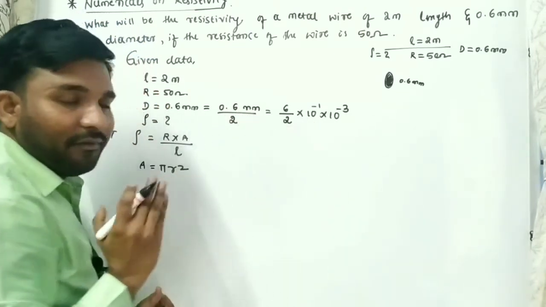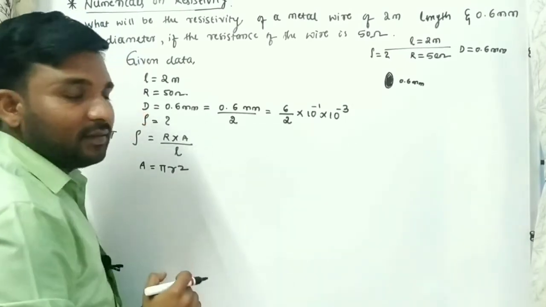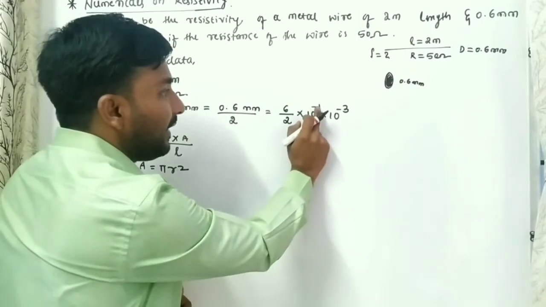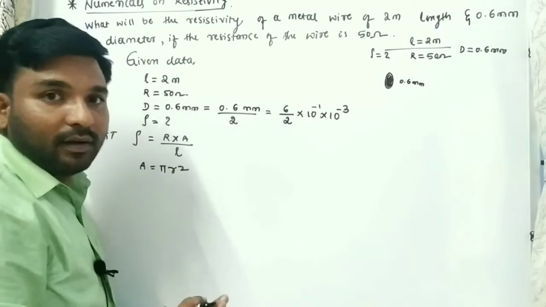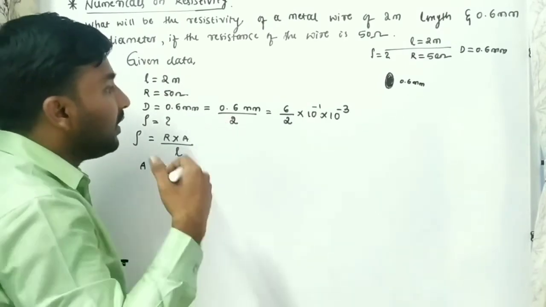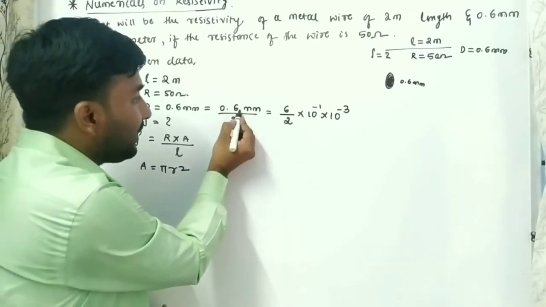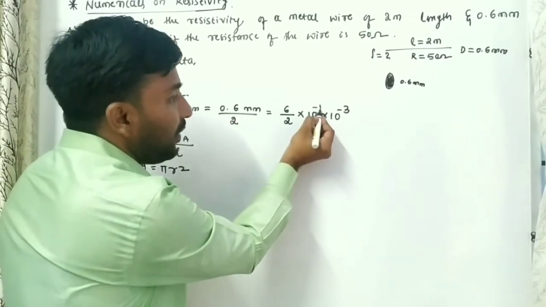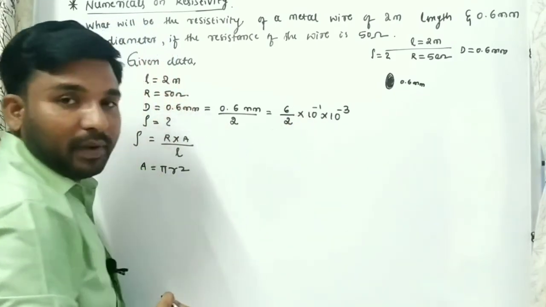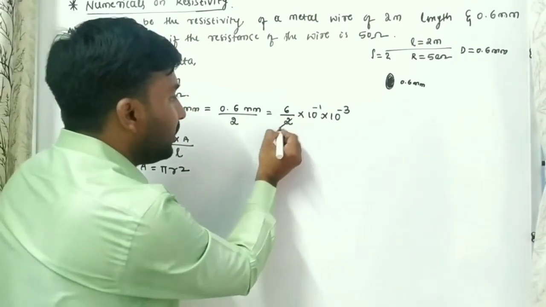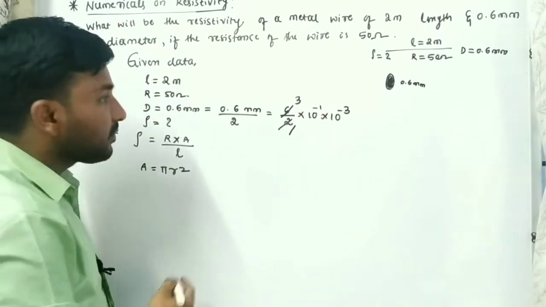Whenever the point is moving in the forward direction, we need to take 10 raised to however many digits you have moved, that number you need to write. So I have just shifted the point 1 digit, so I have to multiply with 10 raised to minus 1. So here 2 ones are 2, 2 threes are 6.